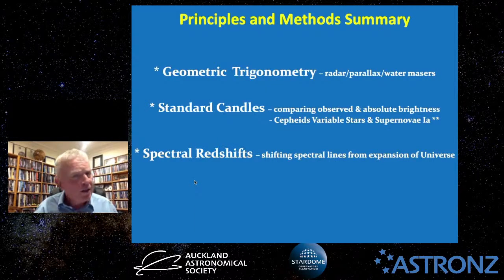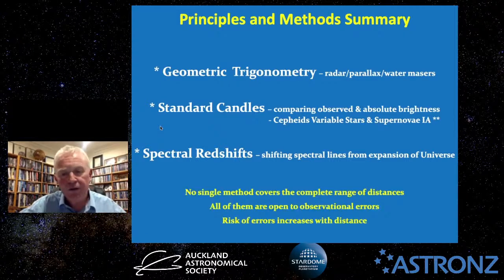Let's move on. So yeah, this is just a summary, recapping some of these main points with extra little bits and pieces I threw in there. You've got your trigonometry, in particular we talked about parallax and water mazes, your standard candles measuring the observed against the absolute brightness, in particular Cepheid variable stars and type 1a supernovae, which are the most commonly used. And then we talked about redshifts, the spectral lines shifting as the universe expanded while the light's been traveling to us. And I now want to introduce these